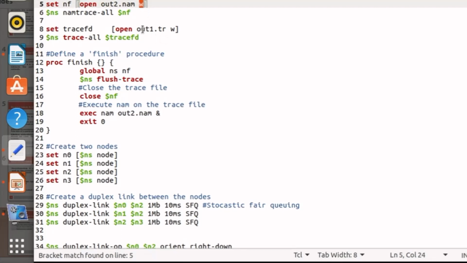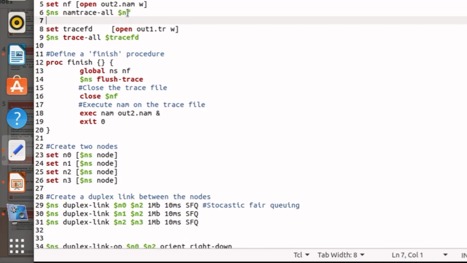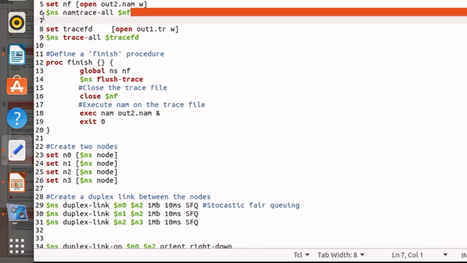So we can write anything in this file named out2.nam. Now this is again a command, ns namtrace-all nf. It is a command for what is to be written in the particular out2.nam. I told you we can write anything in this file, but what is to be written? It is defined by this command.